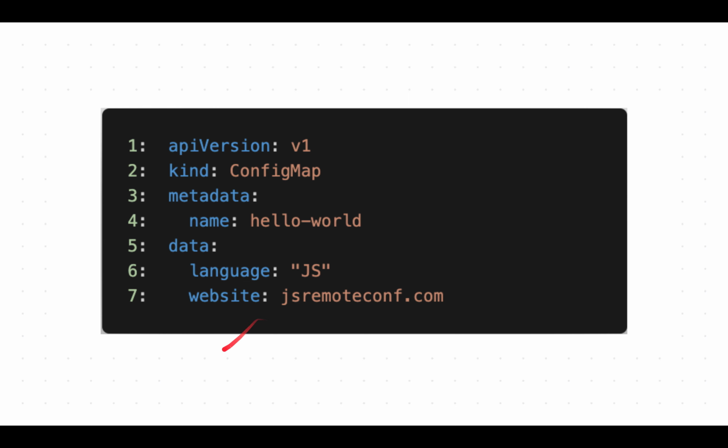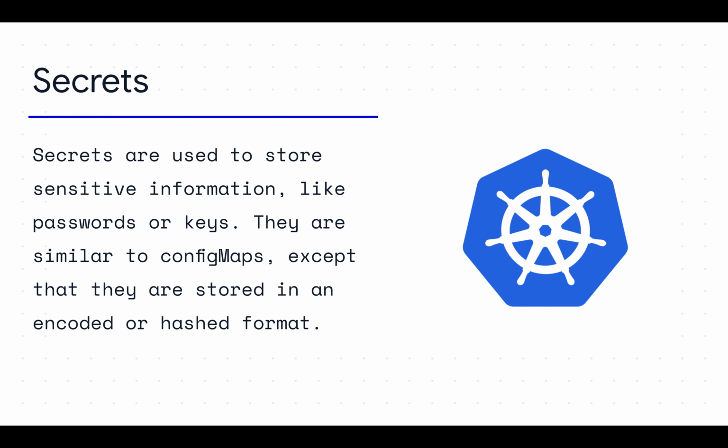Now you might be wondering, okay, this is exposed. Can I get something more encoded, to save my password or things like that? So we're going to talk about secrets. A secret is used to store sensitive information. As much as this is portrayed, it's not advisable to save this in a public domain. We're going to be talking about that further in a bit.